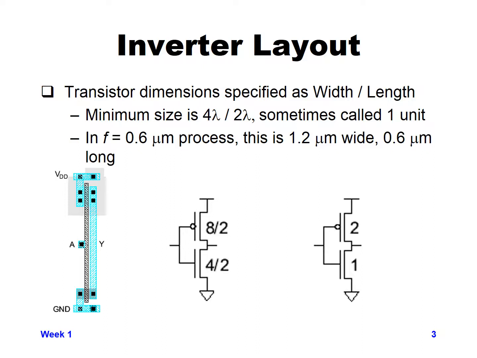Typically, in a lot of older processes, you might be wondering why the PMOS is shown as twice as wide as the NMOS. The reason is that in a lot of the older processes, if you go back 20 plus years, the PMOS devices tended to be half as strong,